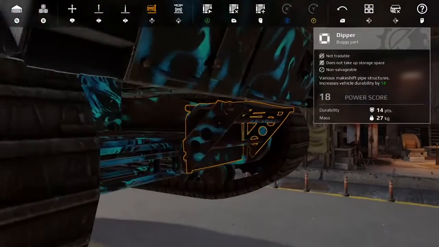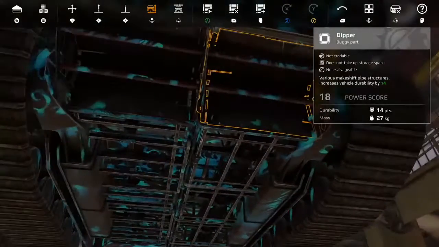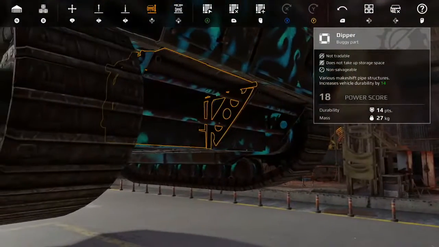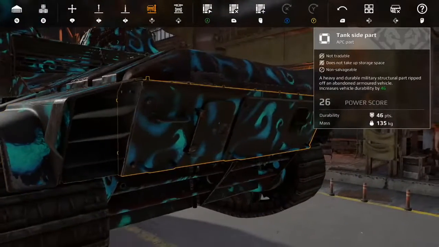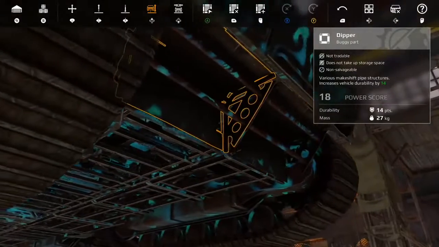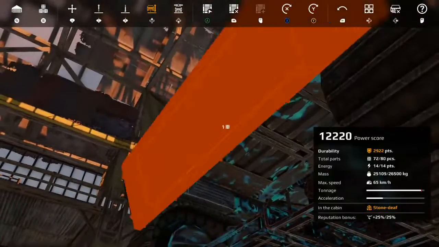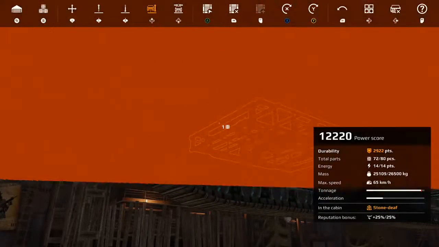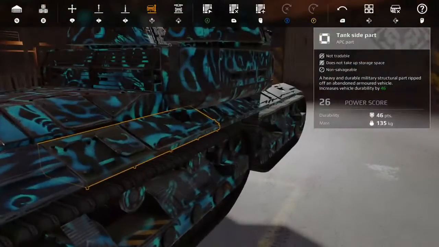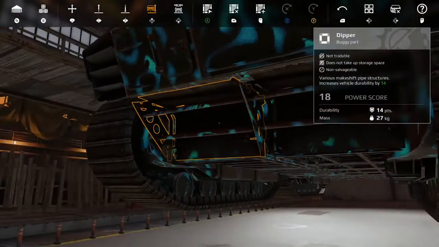And there's a very limited amount of pieces that actually fit this. So the Dipper is the one I ended up going with, despite the extremely low durability to mass ratio of it compared to something like the tank side parts, for instance. The low overall value, just because it really is the only thing that fits here. My alternative is, of course, to use the 2-in-1 slopes, or use a flat piece, or use a mixture of all of them, but this is the solution that I came up with that I liked